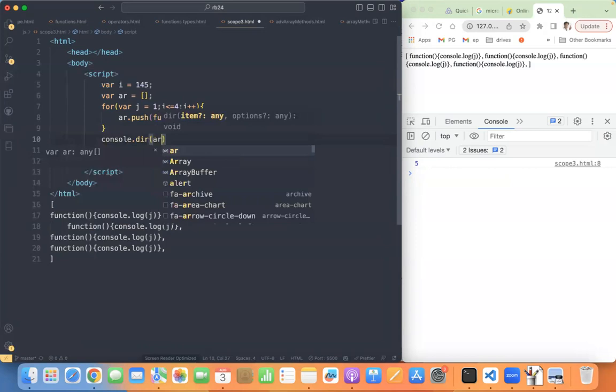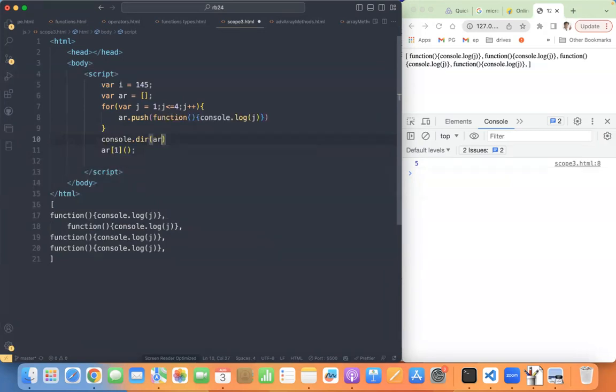console.dir of ar. Manohar, ఊరికే మనోహర్ అంటే నేను చెప్తుంది తమ్ముడు కాబట్టి మీరు కూడా... The beauty of the subject is this. The beauty of the subject is not the salary, it is the complexity, the behavior.